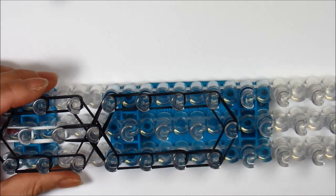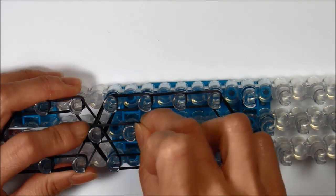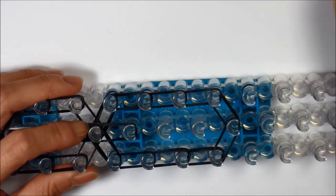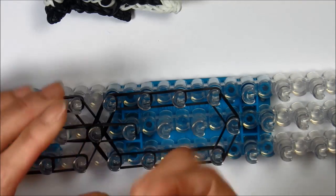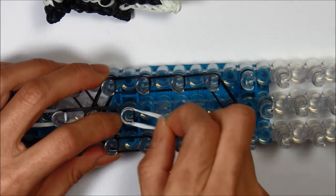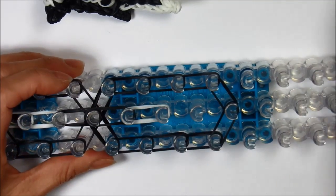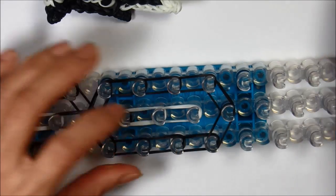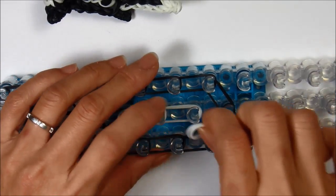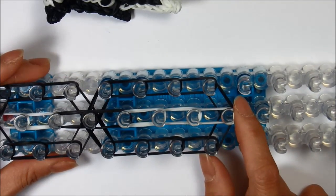Now let's do the center of the body. First I'm going to do 2 blacks from the chin peg down once, and now I'm going to add some white on the back to make the stripe. So taking 2 single rubber bands and putting it, you can do 3 if you want, from that peg to that peg, and we'll come down 2 whites the rest of the way to close up to his bottom there, like that. So his bottom is done,